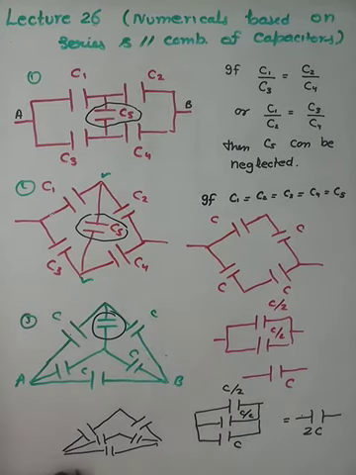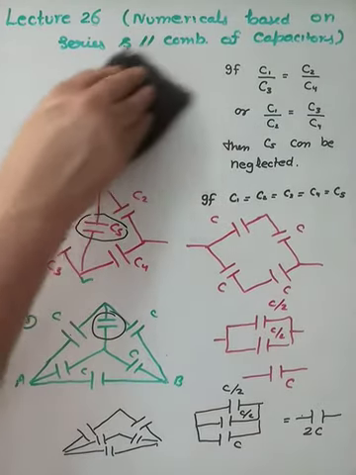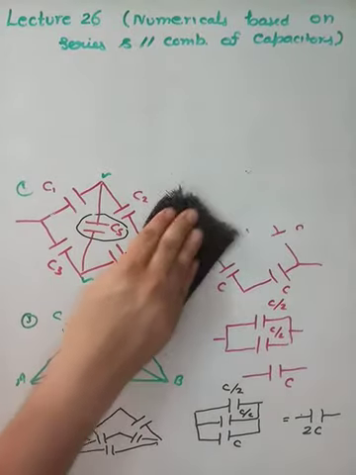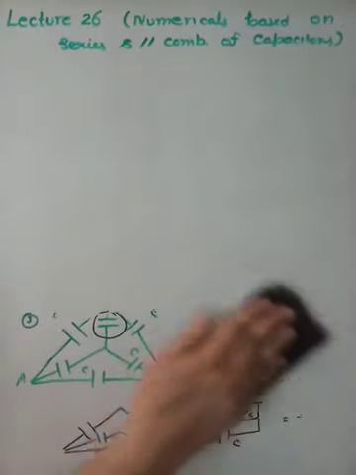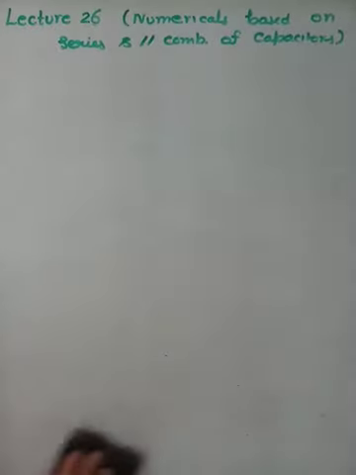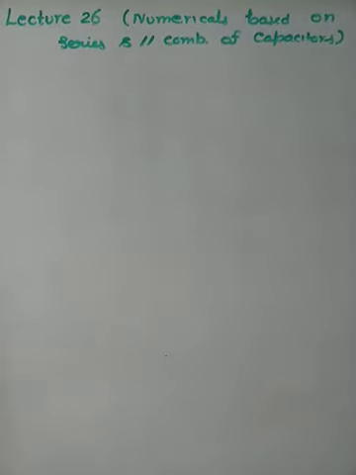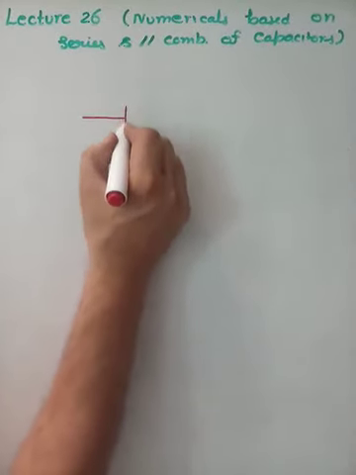You will find many more questions which are based on this. One important point is you have to find out whether this condition is satisfied or not. If this condition is satisfied, then the question will be very simple. Otherwise, it is very difficult to solve without using this concept of Wheatstone bridge. I will discuss one more question based on it, which is very familiar, and in the board exam this question was asked twice.